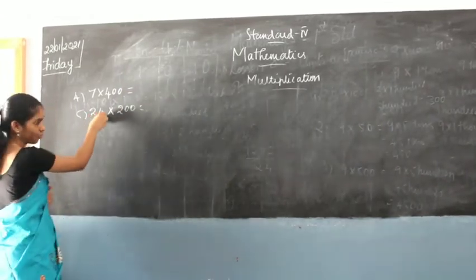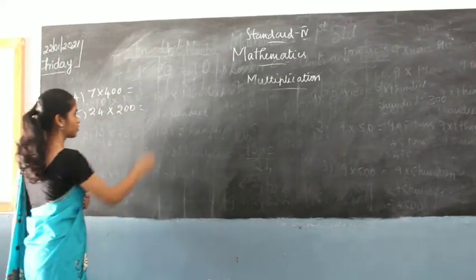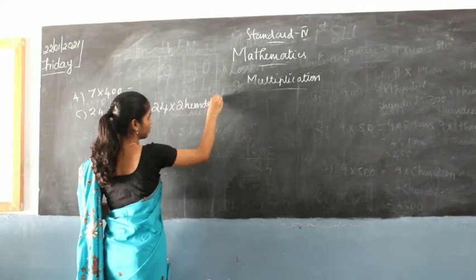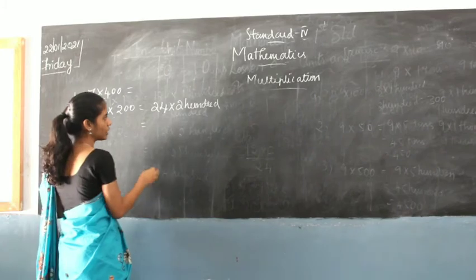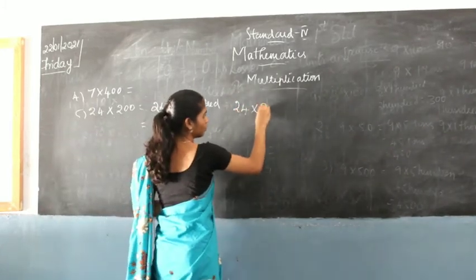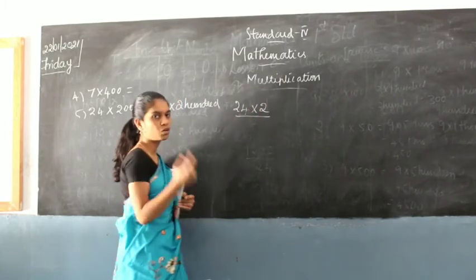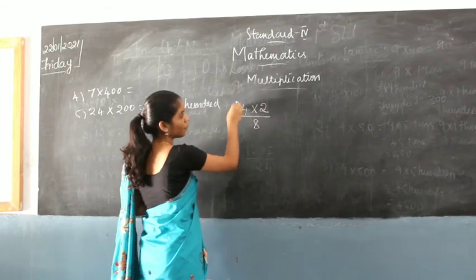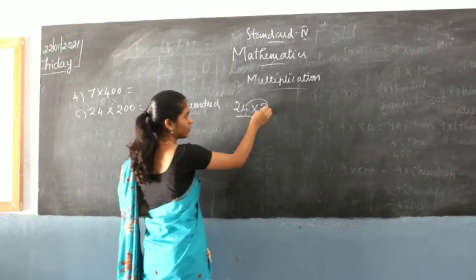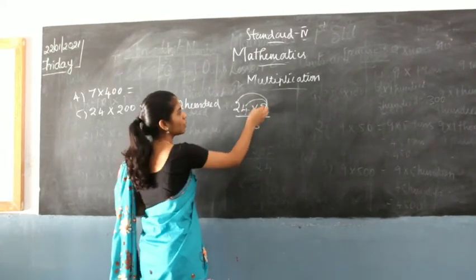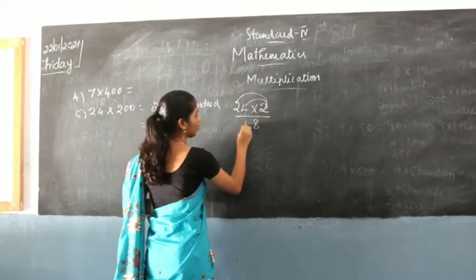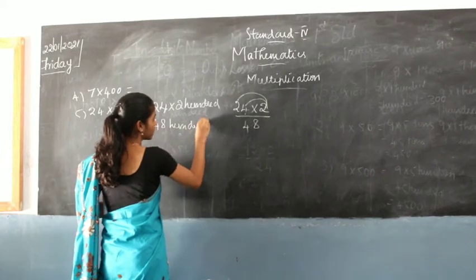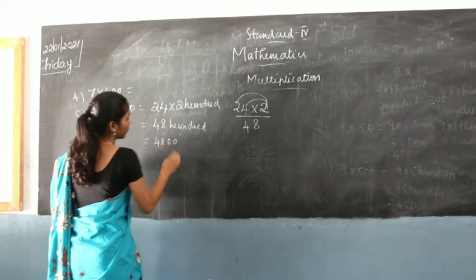Fifth one, here you see 24 is there multiplied by 200, which means 24 into 200. Right. So now what you have to do is 24 into 2. So 2 1s are 2, 2 2s are 4, 2 3s are 6, 2 4s are 8. First you have to multiply with the unit and then you have to multiply with the tens. So 2 into 2, 2 2s are 4, right? So 48. 4800. For 100, how many zeros? 2 zeros, right? So 48 into 00. Now,